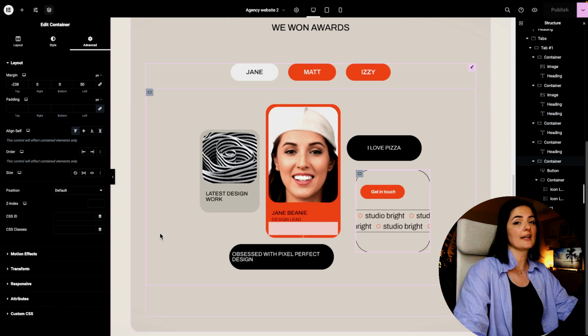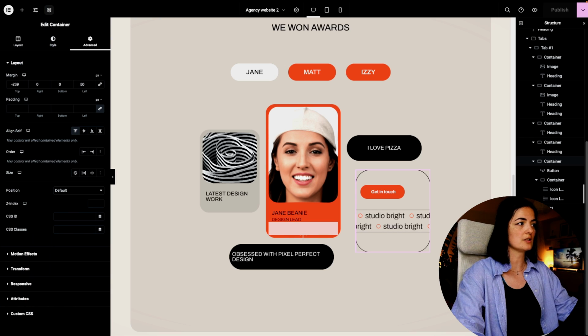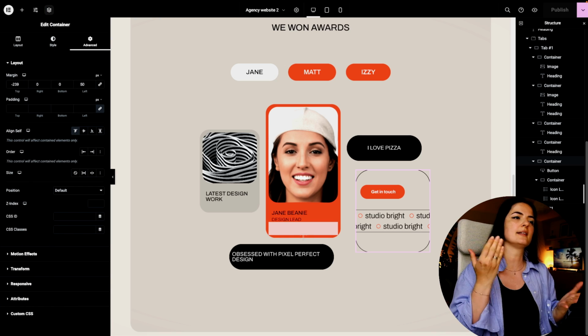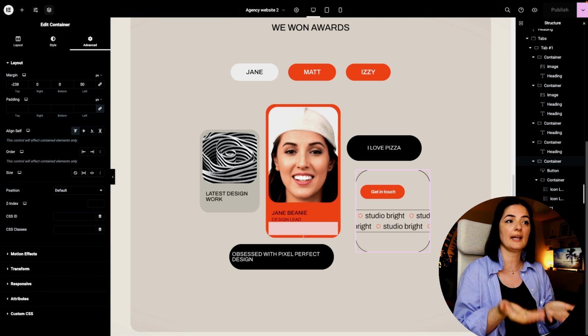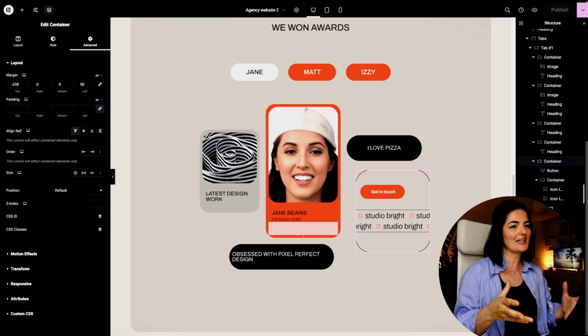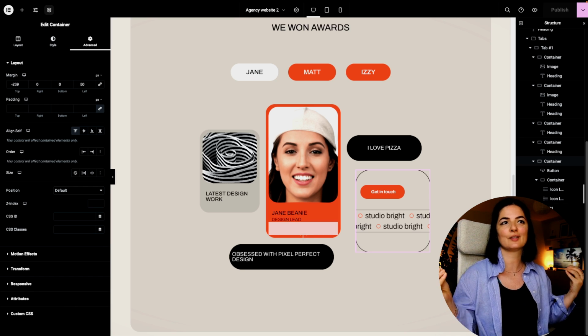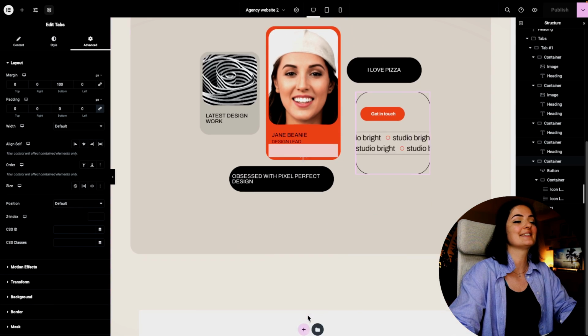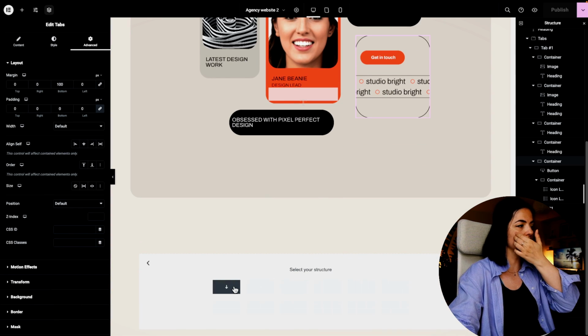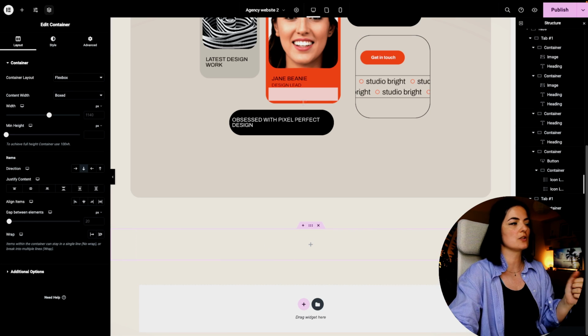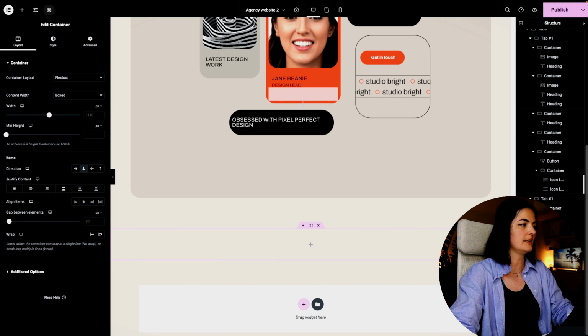Okay, now we can move on to the next section. So the next section, we want to add testimonials to this page, because it's a studio, right? We need testimonials. We need proof of work, social proof, not proof of work, social proof. So let's add that, and let's add a container, and this container is basically just going to hold our other container, and this will have a content width box, and we're going to set the height to 30,